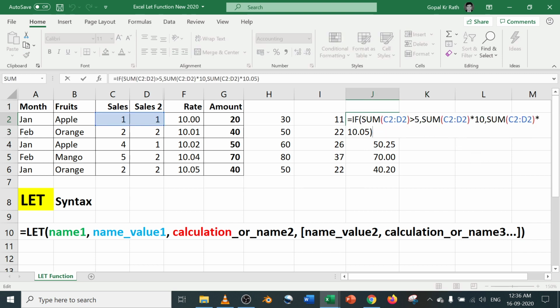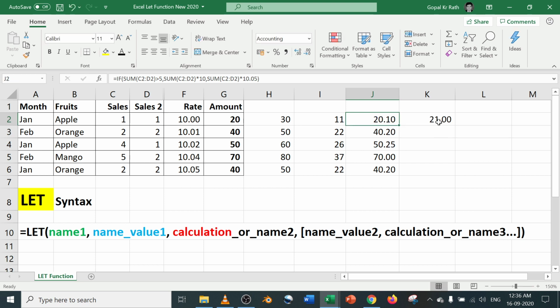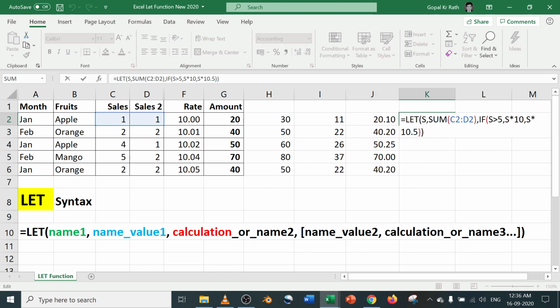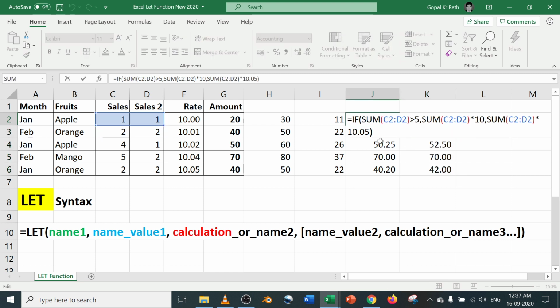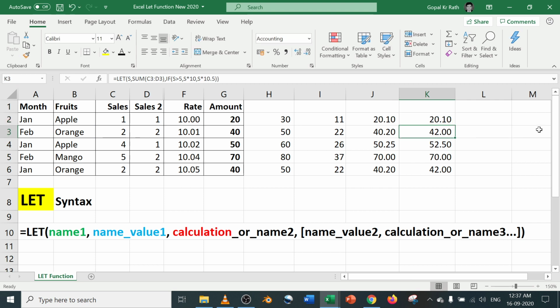Here I have given, if your sum is greater than 5 multiplied with 10, otherwise multiplied with 10.5. So I have given S is greater than 5, S into 10 and 10.5. Earlier I had given 10.05, so it means you have a slight difference. Let's make it 10.5 the same, so that your calculation will be the same.